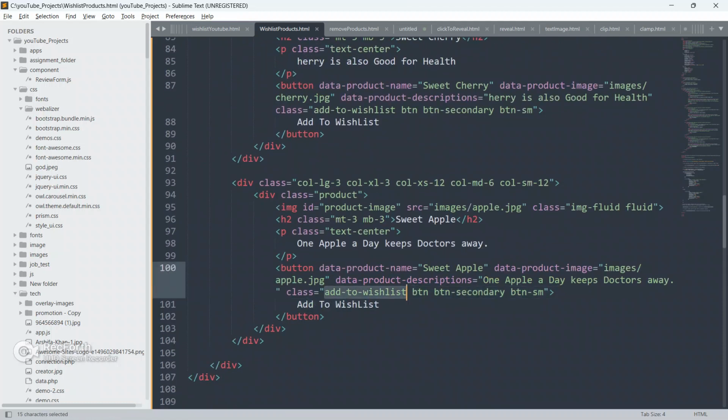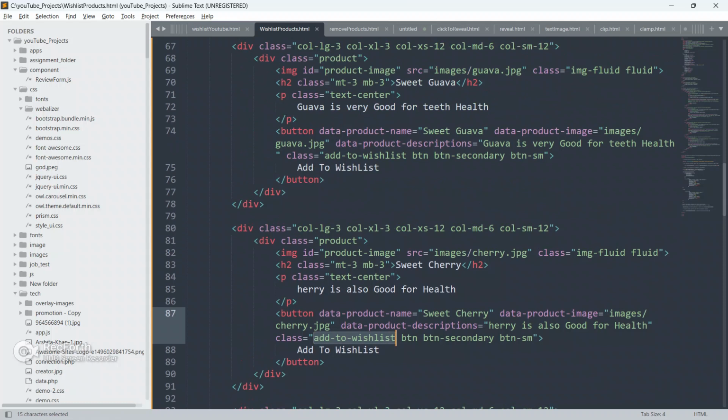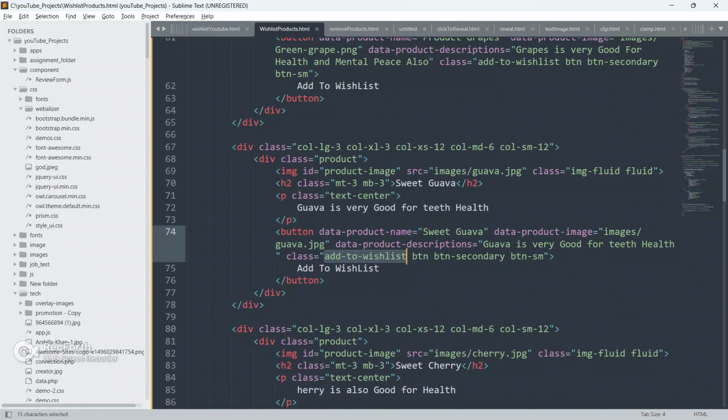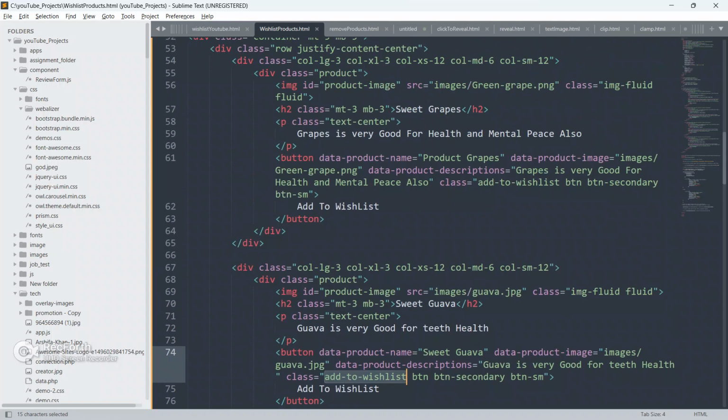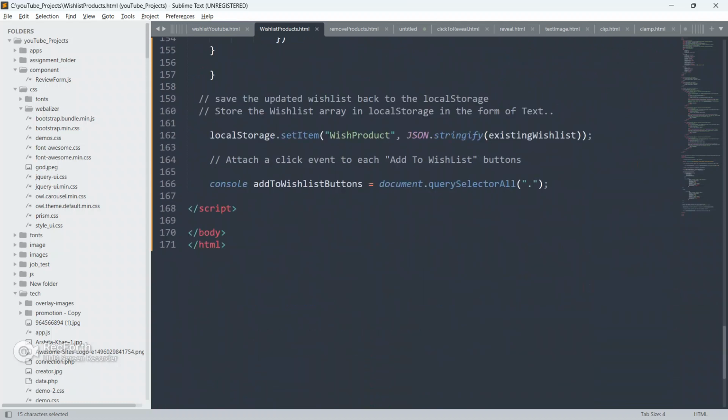We have got the class on every button, add to wish list. As you can see here, this is the class on the button, and on this button also. Each and every button on the page has got the same class, add to wish list.